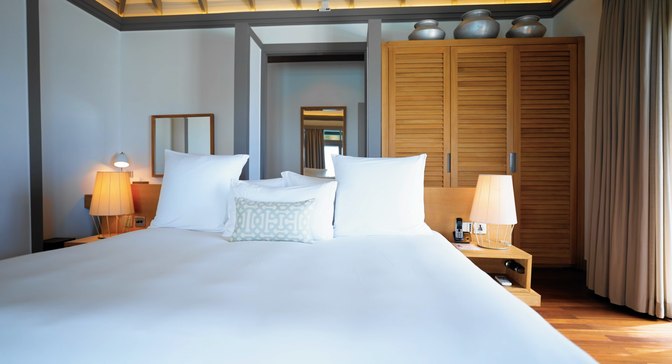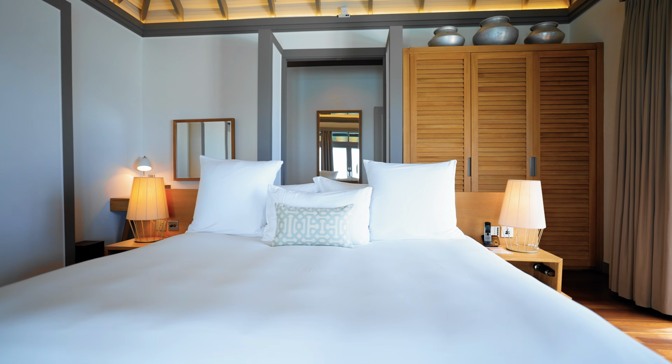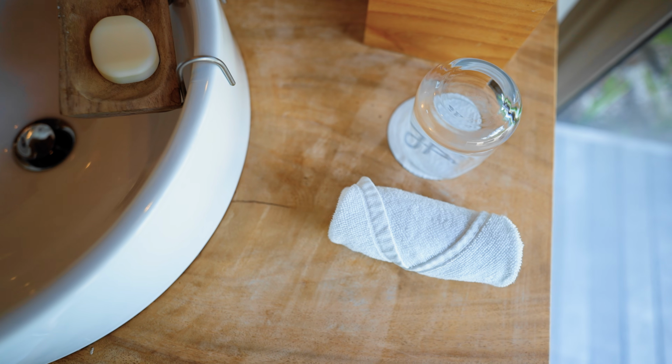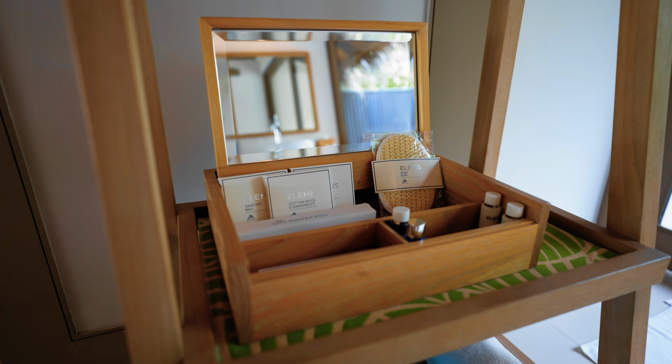The property does also offer twice daily housekeeping. They do a daily housekeeping in the morning that always seems to be perfectly timed to when you're out of the room, as well as a turn down on request. We always request turn down, and we absolutely love turn down, and we think they did a great job overall. The service here on property is honestly so close to being perfect, to being 5 stars, if not for just a couple misses, a couple small things, but